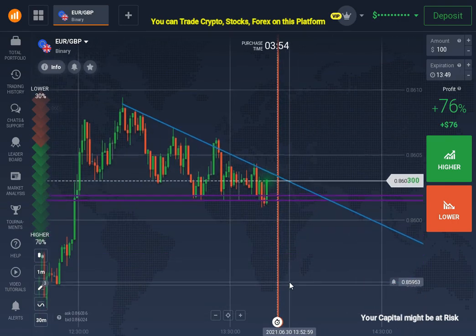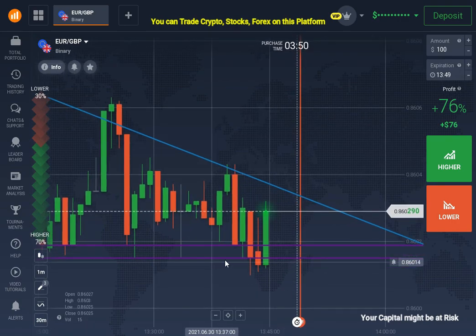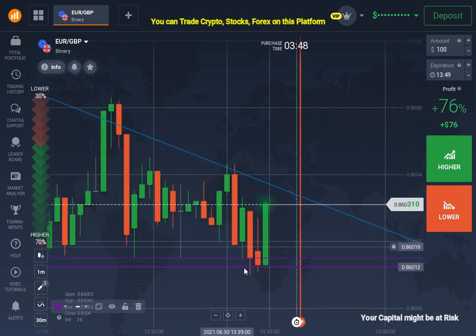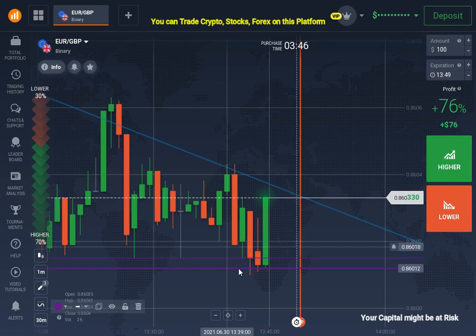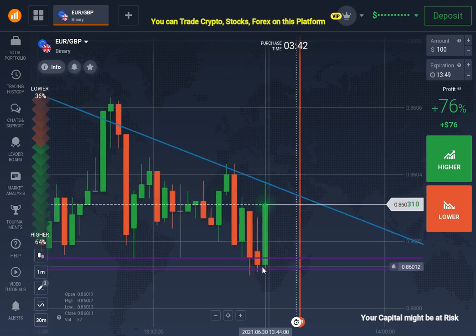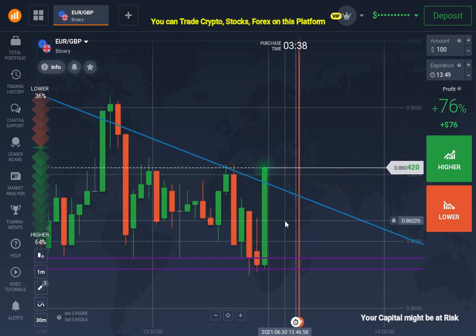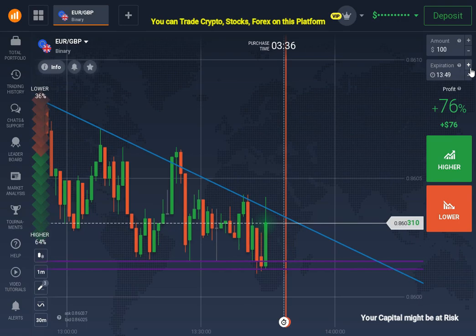Market again reverses up, and let me increase the area till this level. So now we have this area of support. As you can see, market is approaching its resistance level, and